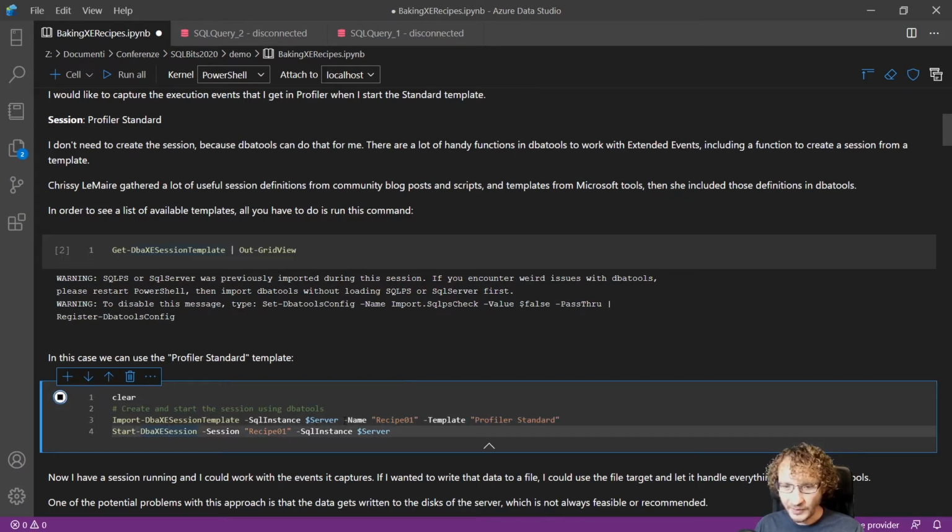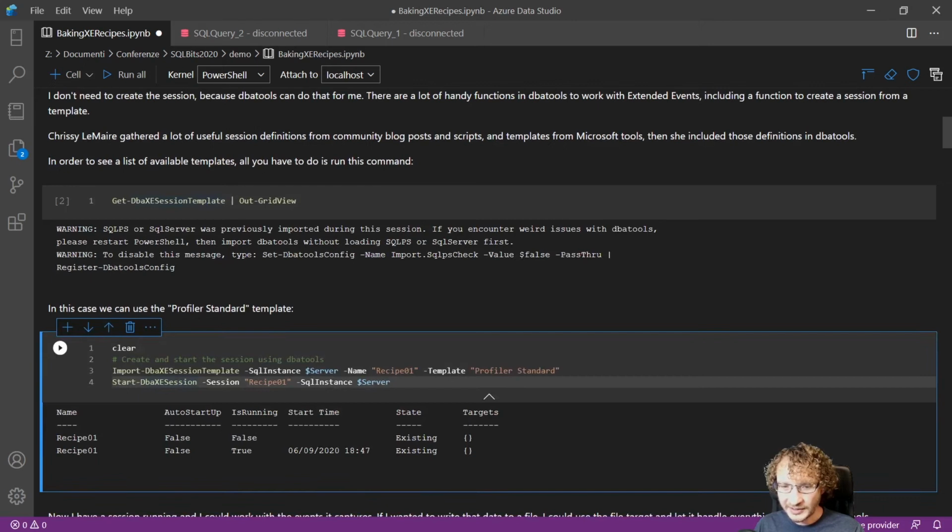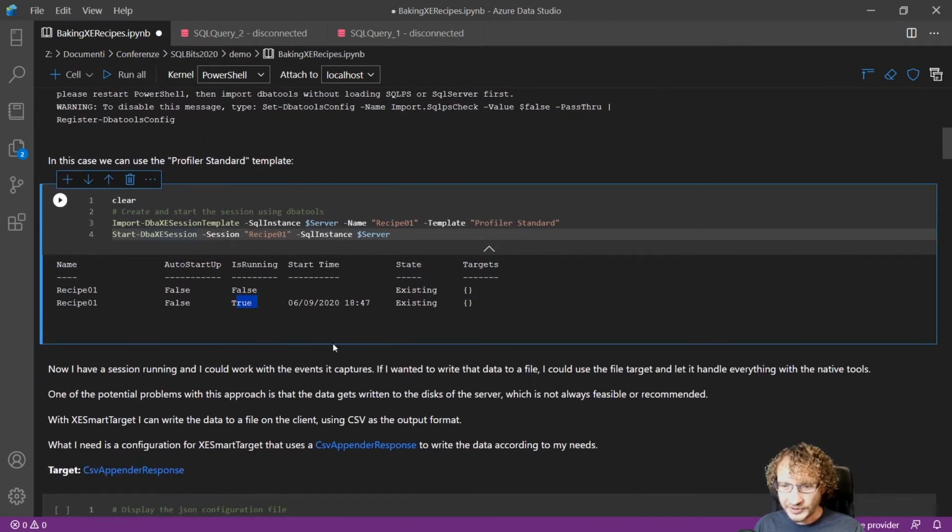Okay, so now recipe 01 is started and it is running. Okay, so that was super easy. Now that I have a session with the equivalent of the Profiler standard session, I can start working with it